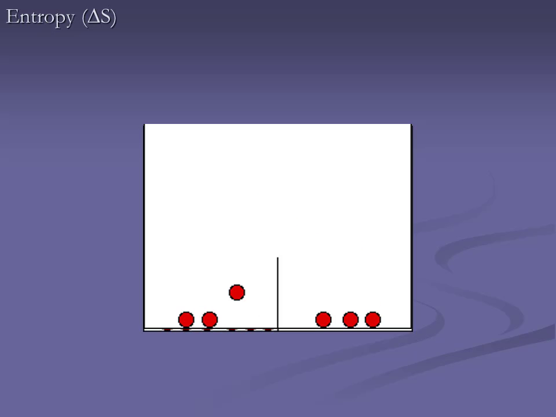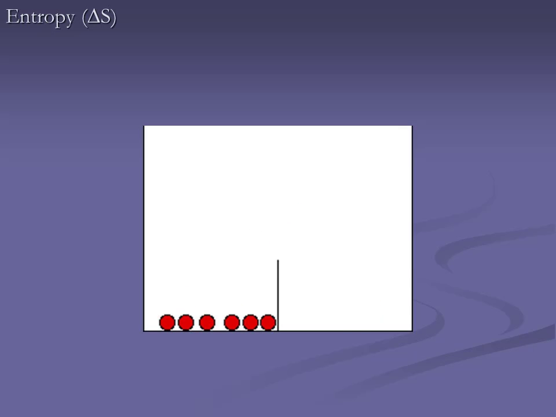Yes, ma'am? Okay, so is equilibrium always going to be the most disordered? Yes. And most disordered is going to mean the lowest energy. That's a good point, in fact. Did you hear that? Write that down. The most disorder is going to be the lowest energy state. Because again, think of glucose and carbon dioxide. Where can we get the most energy from? 6 carbon dioxides or 1 glucose with 6 carbons? The glucose with 6 carbons. All right?